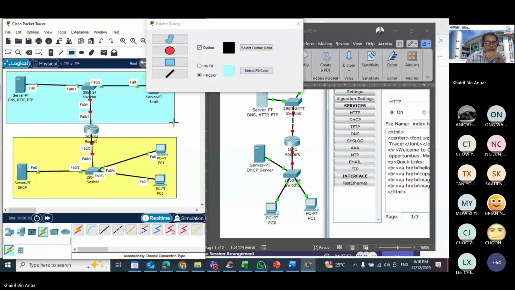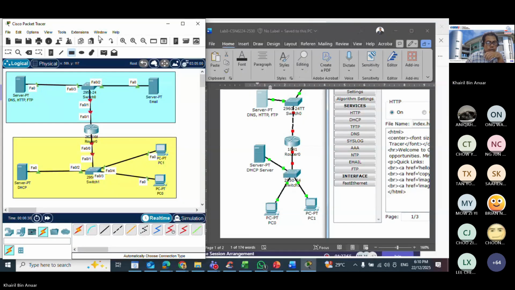I reckon we use this as a network of 192.168.1.0/24, and for the blue one, 192.168.2.0. So this one can be used, right?